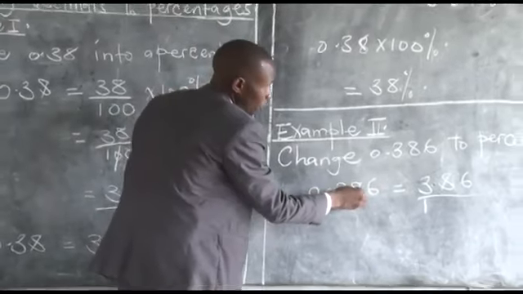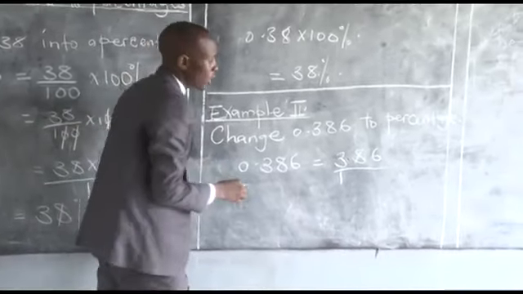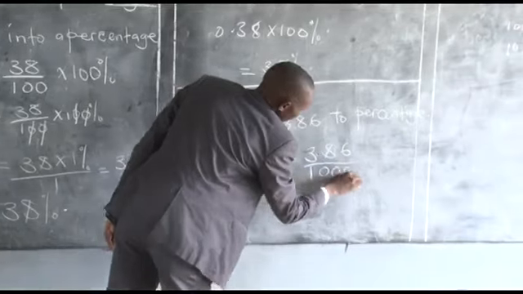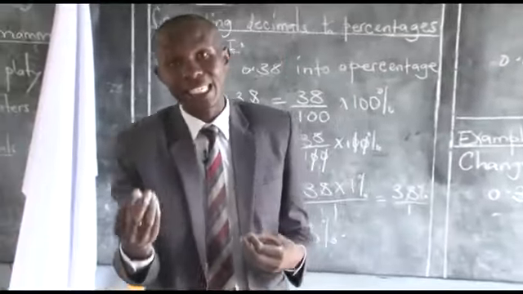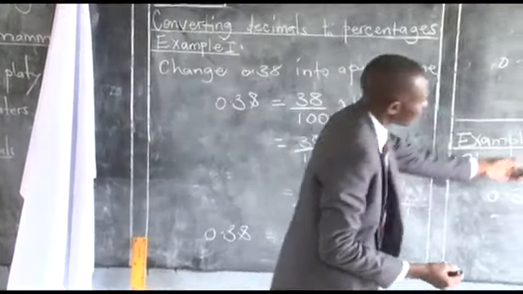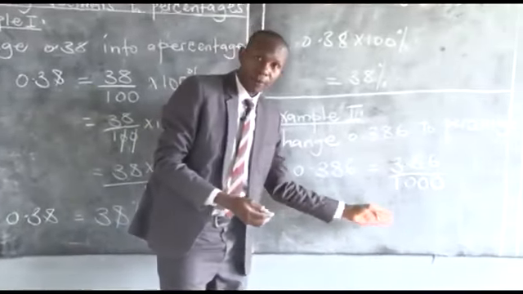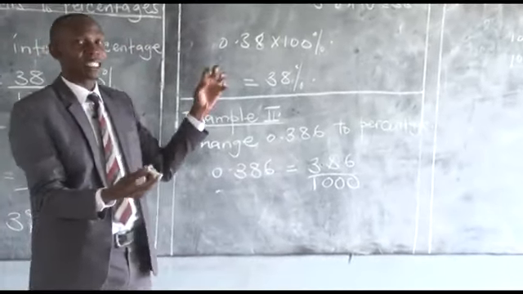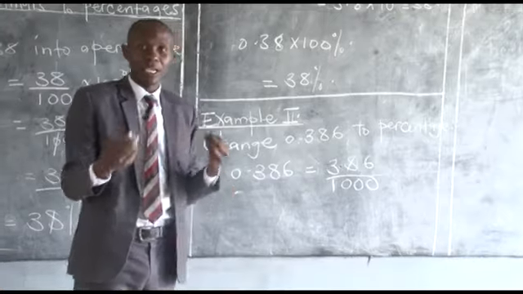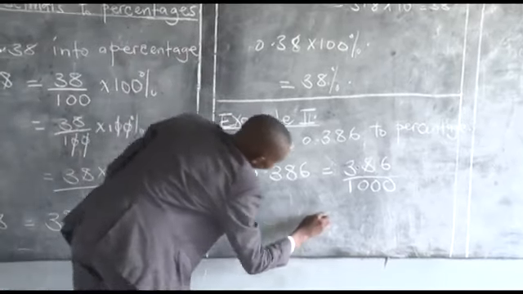This is 1, 2, 3. So I'll come and add here 3 zeros. I haven't yet changed anything to percentages. I've just changed a decimal into a fraction such that we can easily multiply by 100 if we are changing to percentages for easy working. This will give us